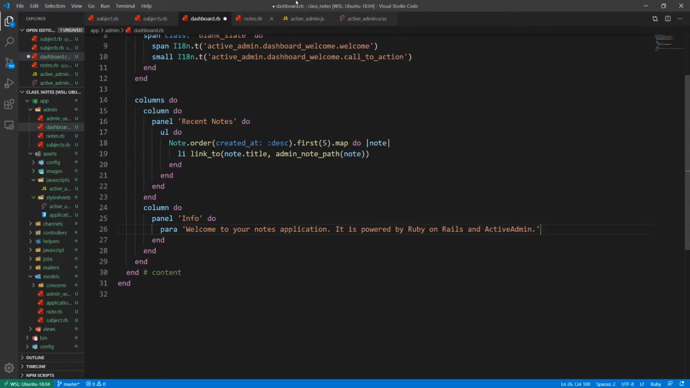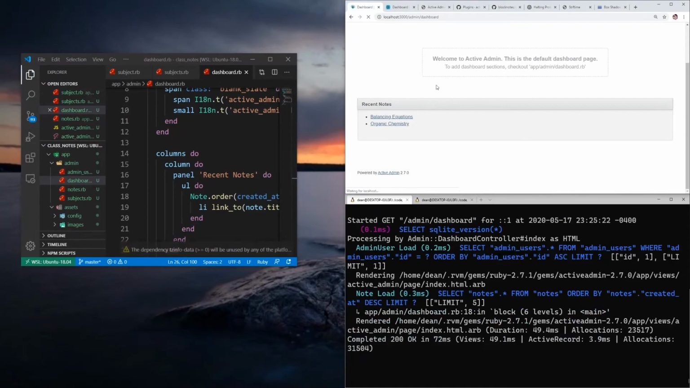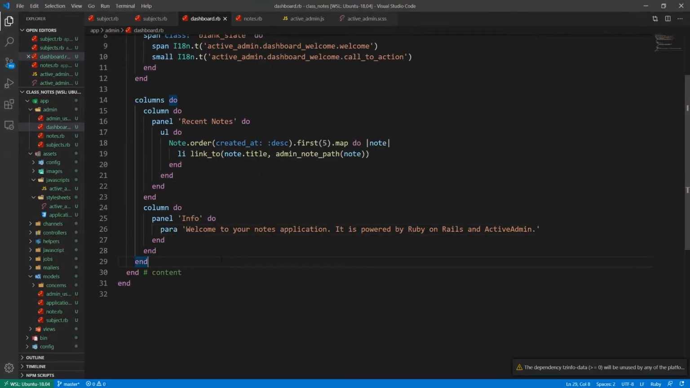And we can save this and see what happens. So I'll refresh the page. There's our info card. Cool. Let's now come down here, and after this first set of columns, let's create another set of columns, and we can say columns do end, column do end,